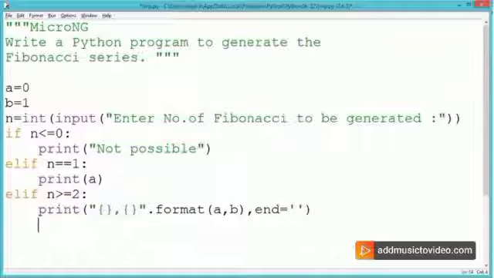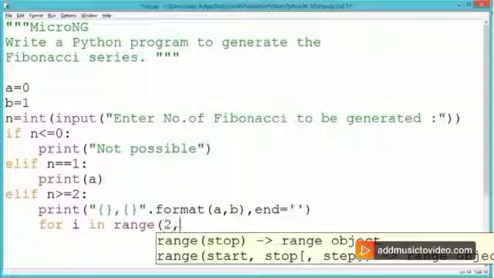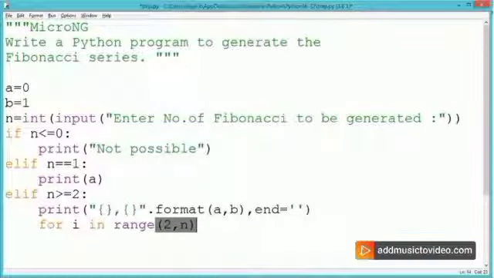Then the first value will be replaced by the variable a and the second value will be replaced by the variable b. And the end statement within the print indicates that after printing a particular string, the cursor doesn't go to the next line. Then a for loop is used. Within the for loop, the index variable